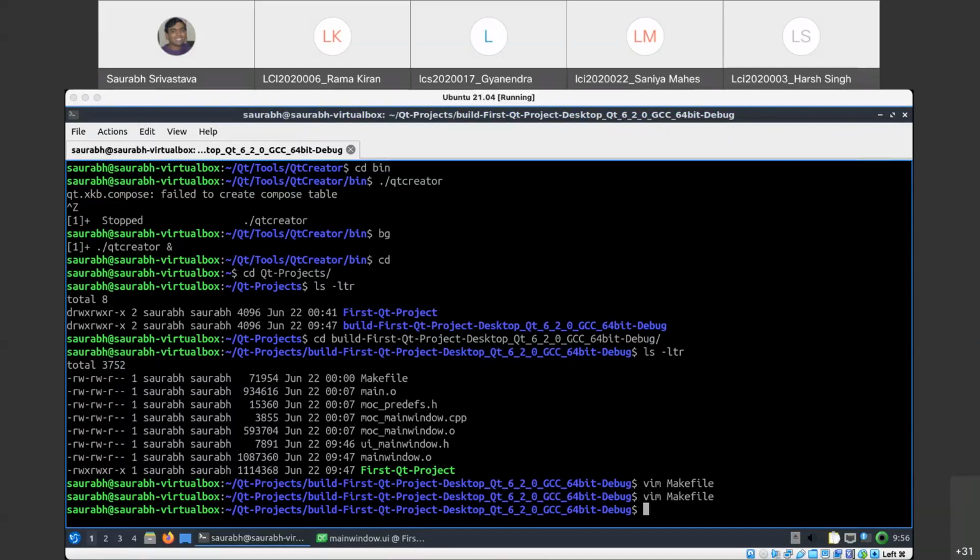You can do it for Android and iOS and everything in Qt. It's just that I did not install everything. It's a huge suite. If you install everything in Qt, it is around 15 GB or so. I just installed the basic desktop version, but you can install all kinds of stuff with Qt.